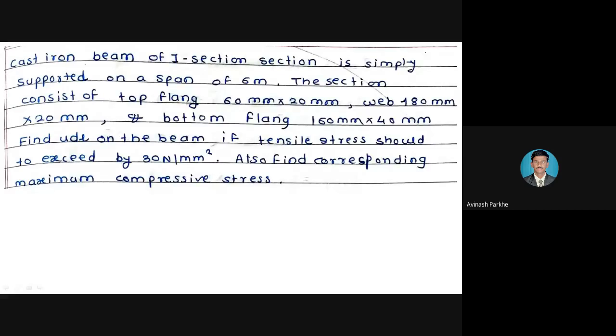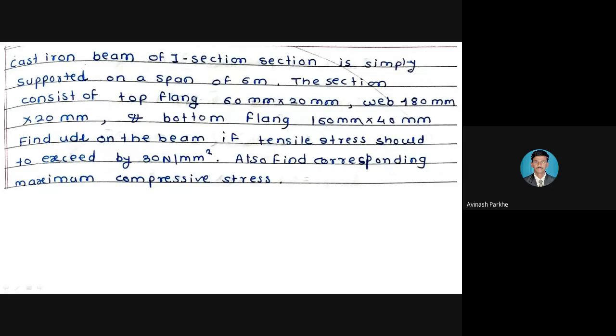Okay, so once again, good afternoon all. In the last 2-3 lectures, we have started the problems based on the bending stress calculation, and based on this particular point, we have solved near about 4 to 5 problems. Some of the problems are related to the rectangular section. Some problems are related to the unsymmetrical I section. Then in the last lecture, we have solved one problem based on the T sections. Today we'll solve 2-3 more problems, and maybe after that we will finish this chapter if possible today. Otherwise, we will finish it tomorrow.